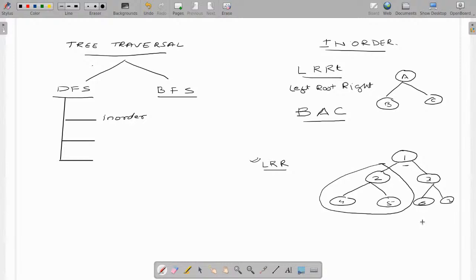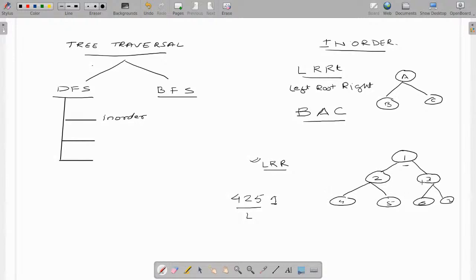So I'll first perform the in order traversal of the left, then the root, then the right. In the right also I have a subtree, so I again perform the in order traversal of the right subtree. For the left subtree, the in order traversal is 4, 2, and 5. This is the whole left of the main tree. Now 1, the root of the main tree,